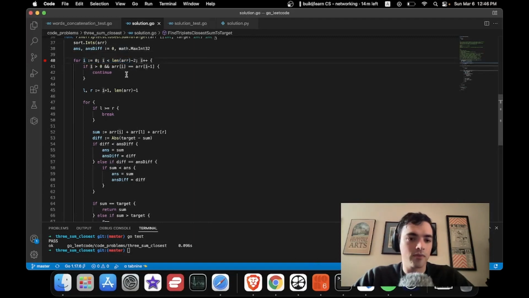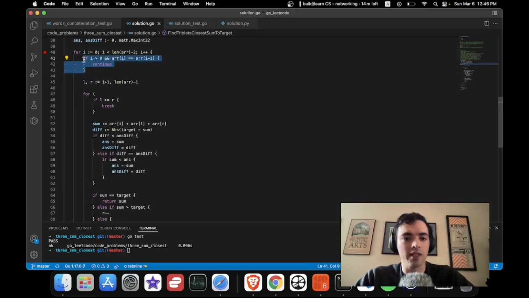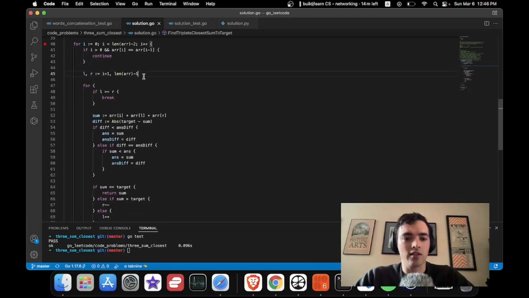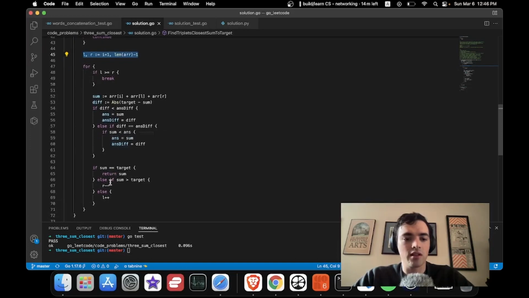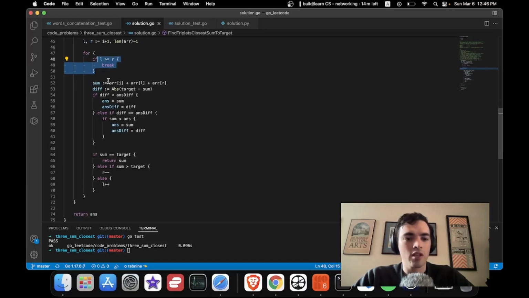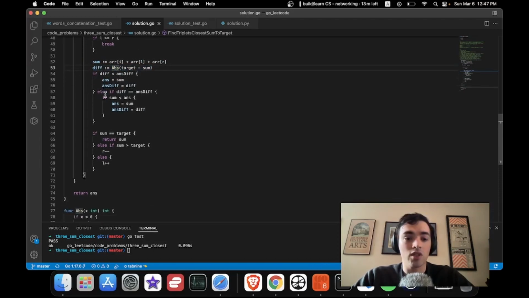We're iterating through the array up until the third to last element, and then we check for duplicates here. We instantiate our left and right pointers. We start our 2-pointer technique while the left pointer is less than the right pointer. We grab our current sum and find the difference, or the closeness of our current sum to the target. And then we check if we need to replace our current answer,